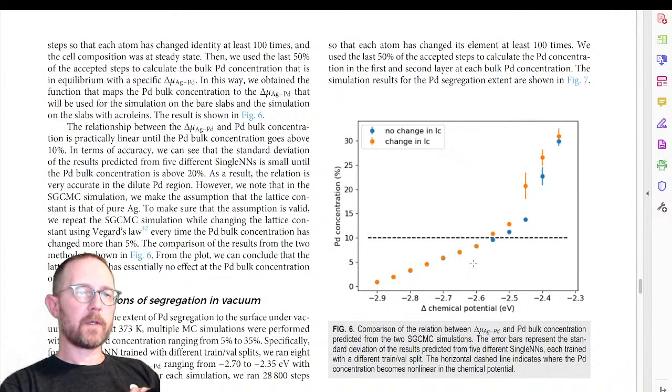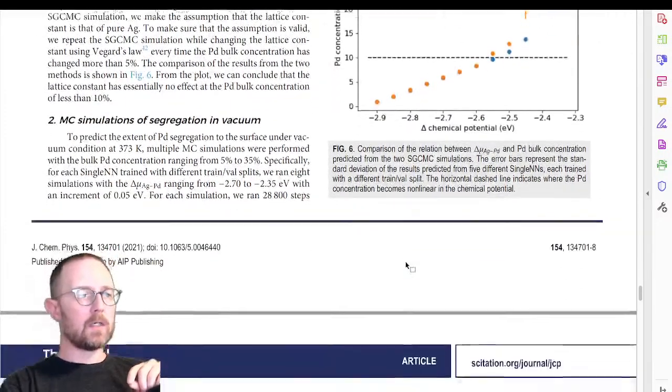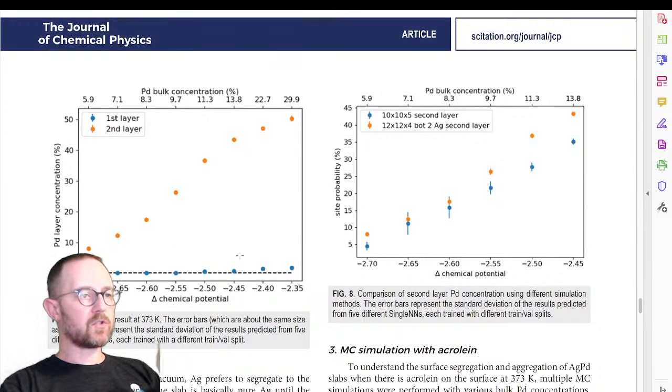Once we have this, we can allow a slab to exchange atoms with it, and this chemical potential tells us what the change in energy is when we do that. If we do that with a Monte Carlo simulation, what we see here is the first layer has hardly any palladium. Silver goes to the surface almost exclusively up to about 10 or 11% palladium. Then you start to see a tiny bit of palladium in the first layer, but quite a bit in the second layer. So the second layer is concentrated in palladium compared to the bulk concentration, and